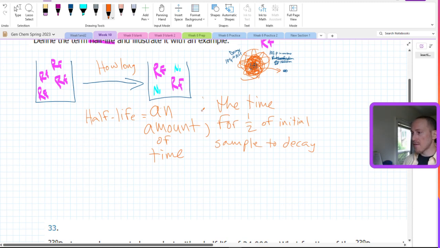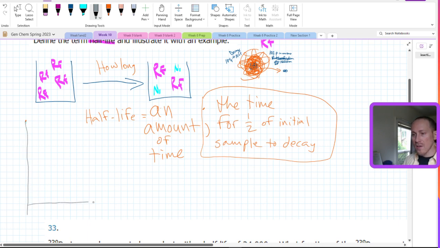So half-life is the amount of time for an initial sample to decay. Let's do a really quick graph of this. I think it's helpful. It's not an excellent graph, but if this is the time, and let's say that the half-life, which is often written like that, in this example is going to be like 1 minute. So here's our time in minutes, and here's 1, 2, 3, 4, 5, 6, 7, 8, 9, 10, 11, 12, 13, 14,